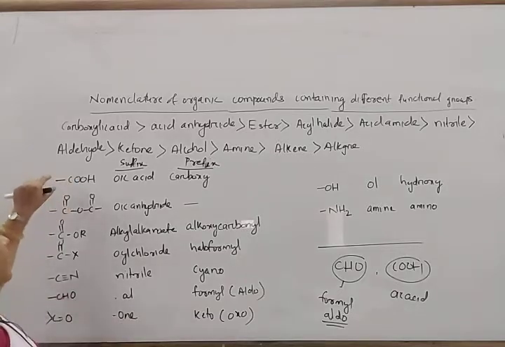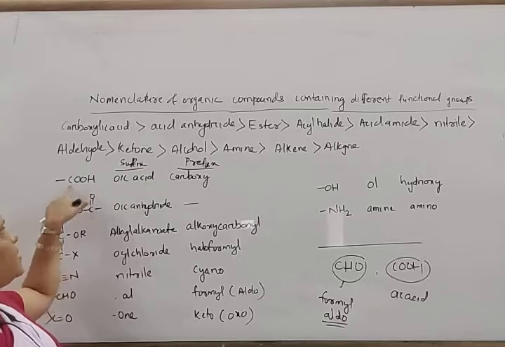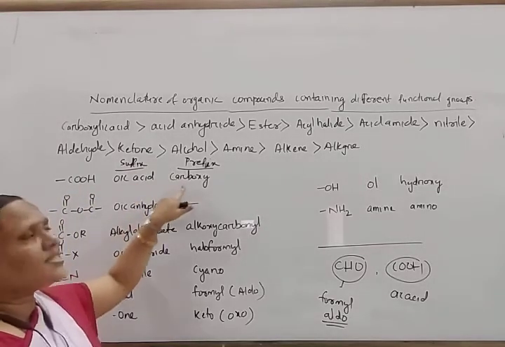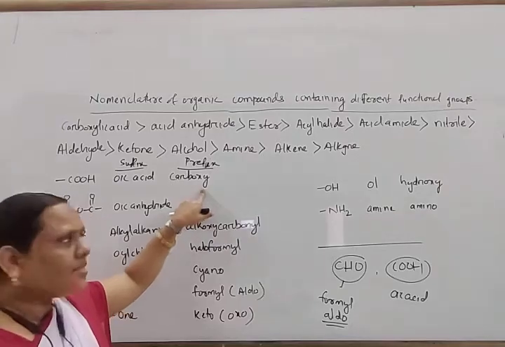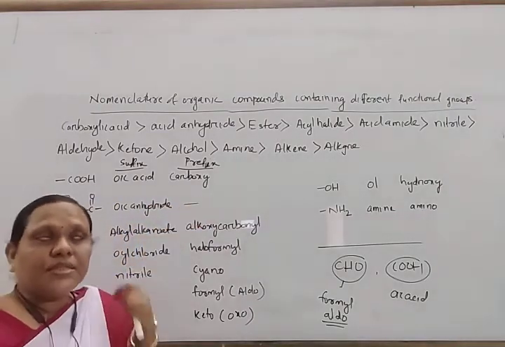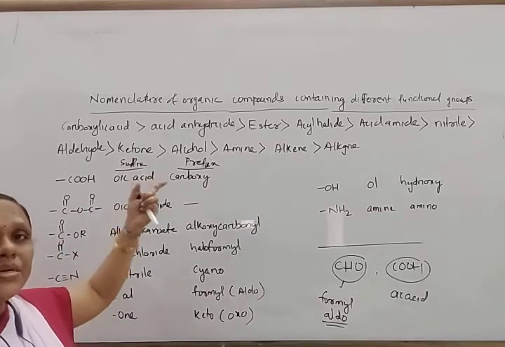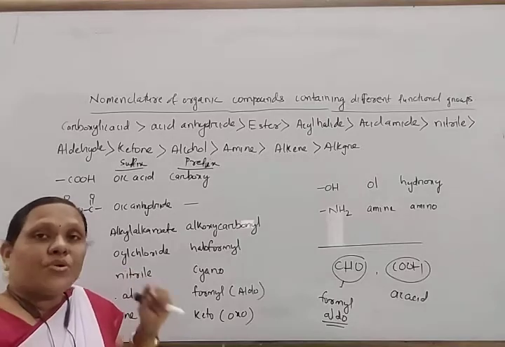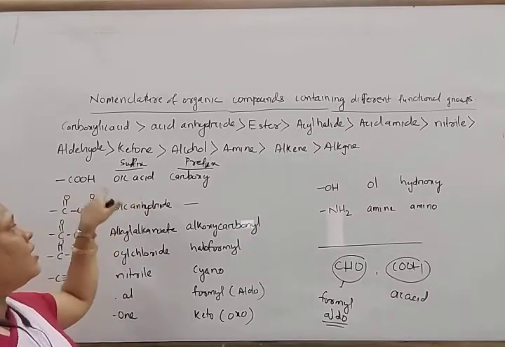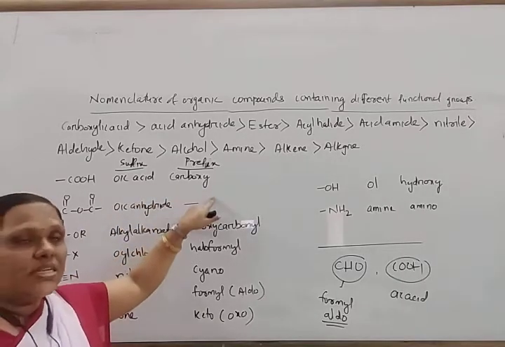When the same group is used as a prefix, for example, the suffix for COOH is oic acid, but when it is used as a prefix, it is carboxy. In some cases, it is also used as prefix, it is oxycarbonyl. When a sulfonic acid group or a tetraammonium group is present, that has higher priority than the carboxyl group. In this way, generally carboxy is used.